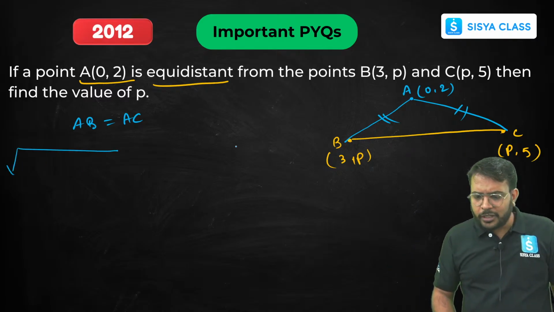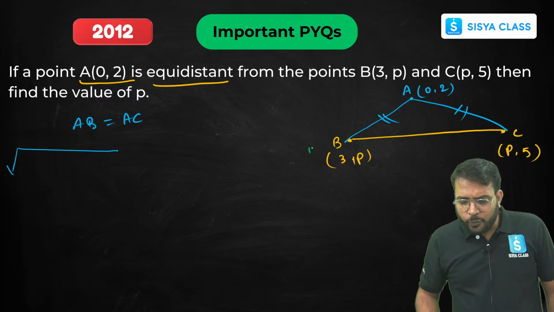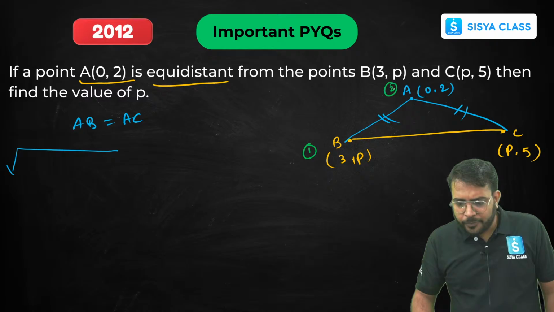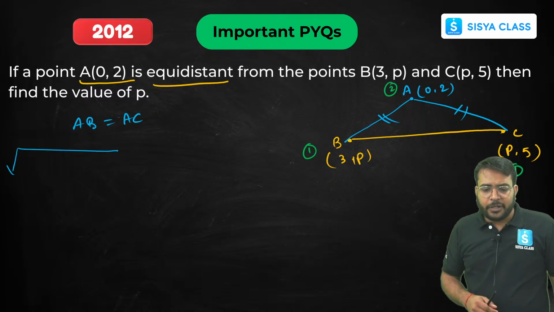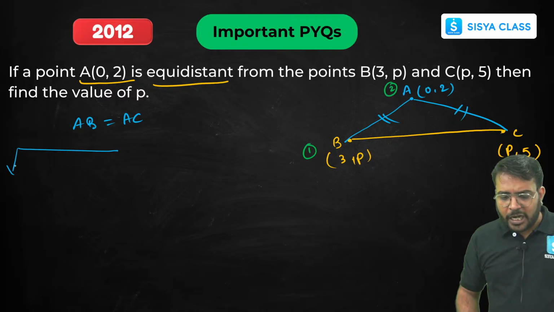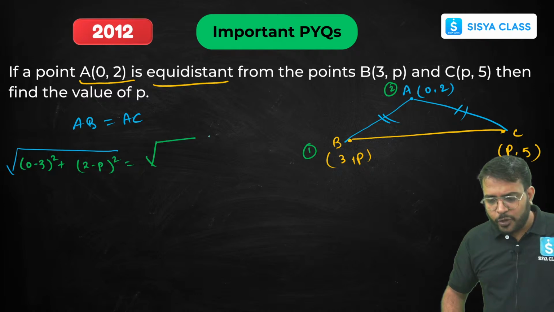सर एक बार सॉल्व करके दिखा दो, देख लो बेटा, ठीक है। तो सपोज मेरा A वाला पॉइंट (0, 2) है, ये मेरा पॉइंट 1 है, ये मेरा पॉइंट 2 है, ठीक है, फाइन। सो AB मीन्स बेटा x2 minus x1, दैट मीन्स आई एम गोइंग टू गेट 0 minus 3 होल स्क्वायर प्लस 2 minus p होल स्क्वायर, गॉट इट।